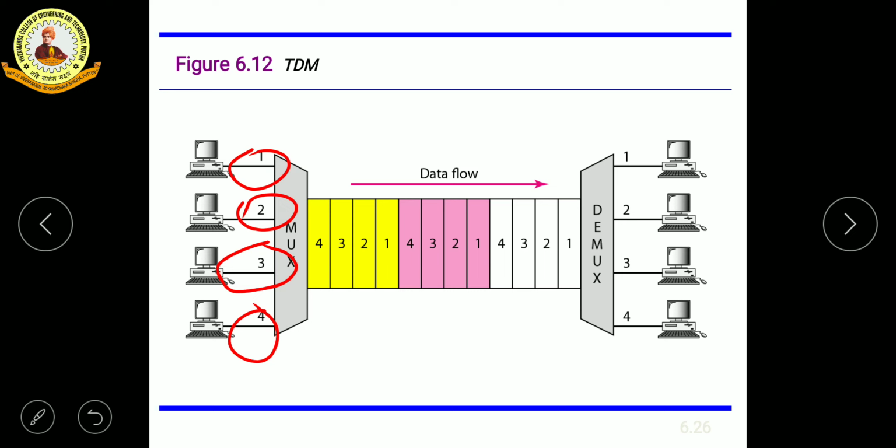Note here that the same link is used in FDM also. However, the link is shown sectioned by time here, not by frequency. In this figure portions of signals 1, 2, 3 and 4 occupy the link sequentially, as you can see. A point to be noted here is we are concerned with only multiplexing, not switching,